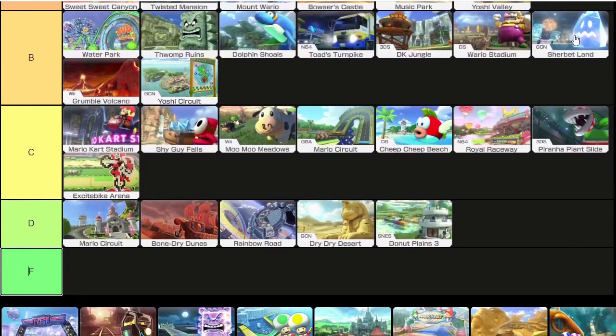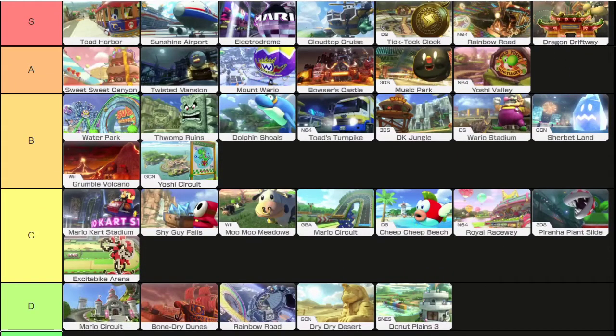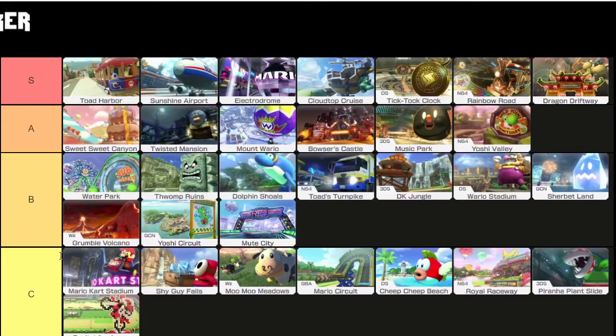Alright. Mute City. I will go with B tier here. Now, this is the first of two F-Zero tracks. We'll get to the other one later. This one, I think, is a pretty great one. And this one did almost get into the A tier. I'll explain why right now, and that's because at the final lap,